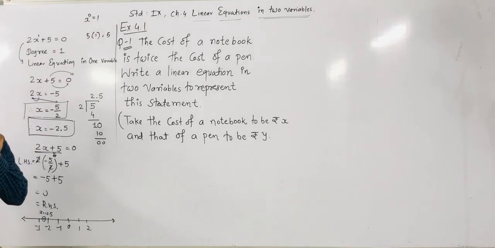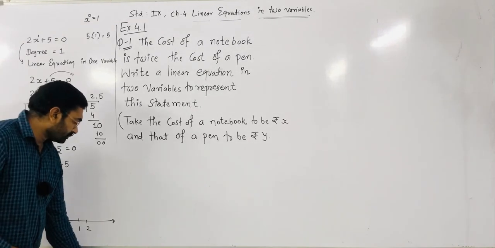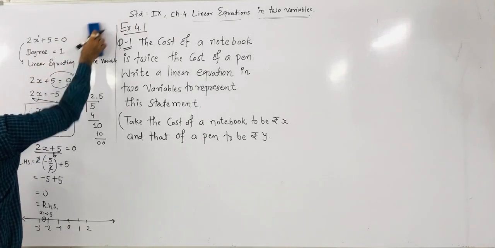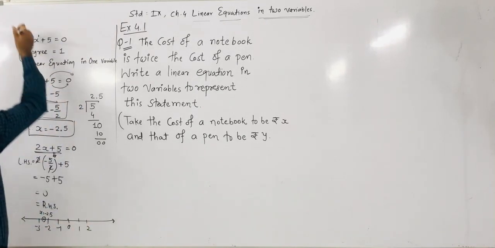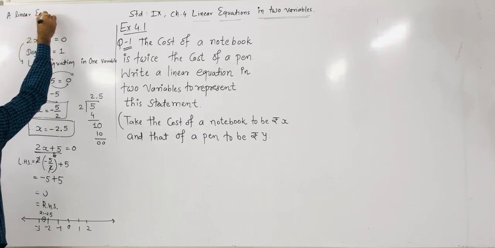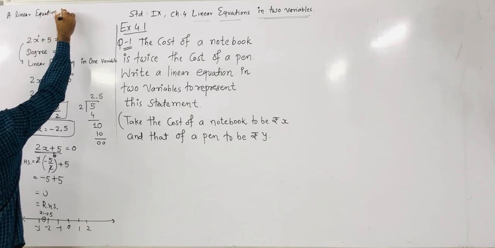The x value we get is only one, right? And its solution we can represent on a number line. Okay, so that statement you have to write in your notebook. All these things you have to write in your notebook, and one another statement you have to write in your notebook, which is: a linear equation, you have to mention, in one variable